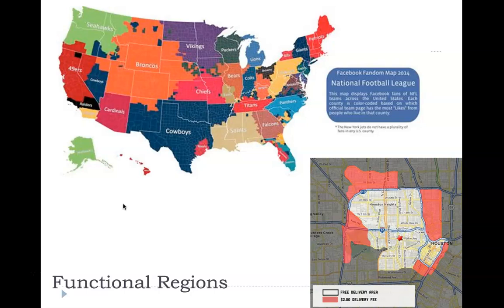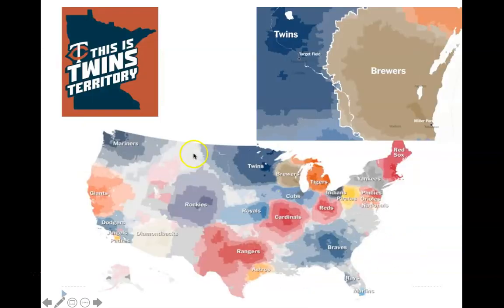You can also talk about it in terms of market areas. Think of it as a radio signal, right? And I know a lot of you do satellite radio and you don't necessarily listen to a radio anymore, but a radio signal is strongest when it's closest to the radio tower, and it gets weaker the further out you go, right? Market area, you're more likely to eat pizza from this pizza place, right? If you are closer to that than if you are further away. So you'll see distance decay happening, right? You'll see this in terms of fandom here, Twins and Brewers as well. There is definitely a divide